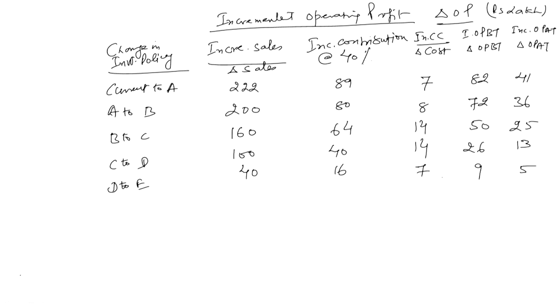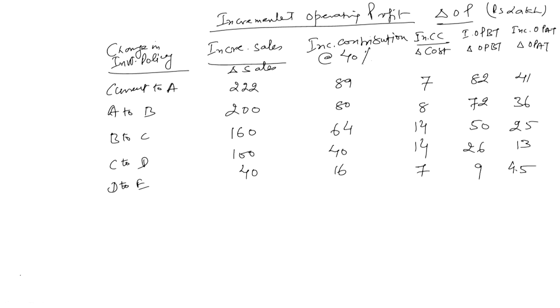So your change in sales is 40, incremental contribution is 16, and carrying cost is going to be 7. So your incremental operating profit before tax is 9, and after tax you can say it is 4.5 lakhs. So this is the situation that has now emerged. Now if this is the situation, then we will have to go to the next level, and that next level is that we have to work out